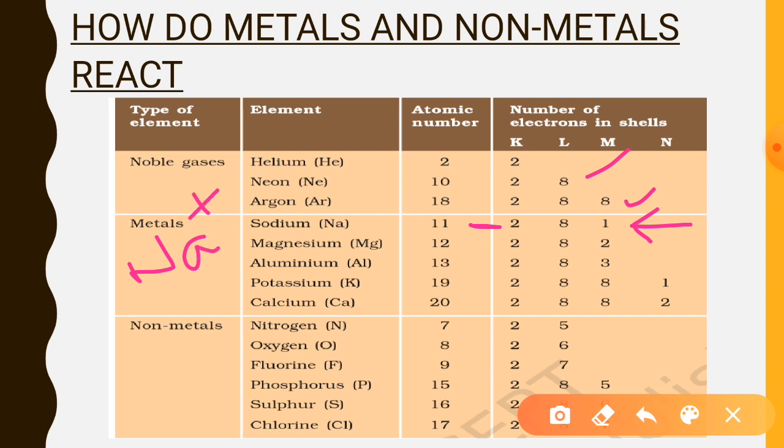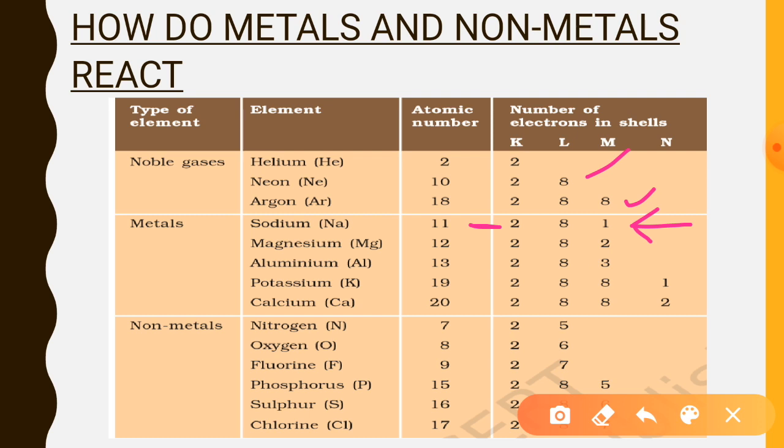All metals lose electrons. Okay. So look at magnesium, it will form Mg2+ just because it will lose these 2 electrons. Now aluminium will form Al3+. It will lose 3 electrons of its valence shell. Similarly, potassium will form K+, calcium will form Ca2+. Metals are electropositive in nature. They lose their electrons and form cations.